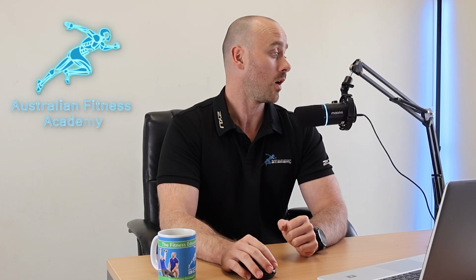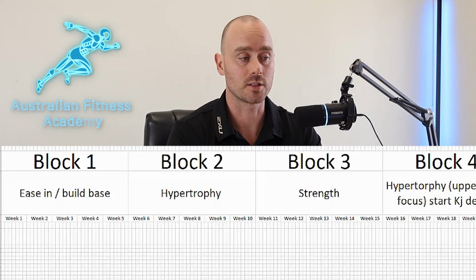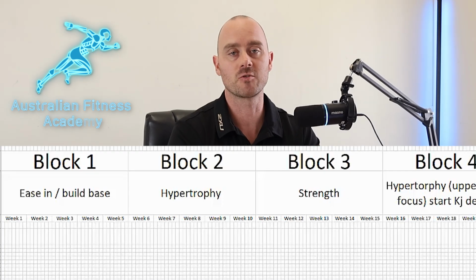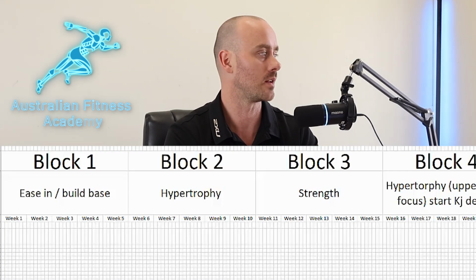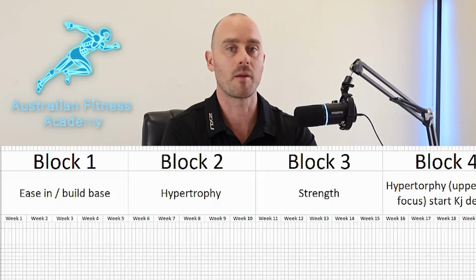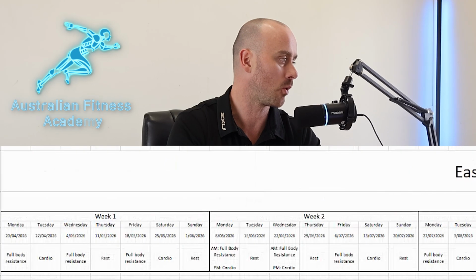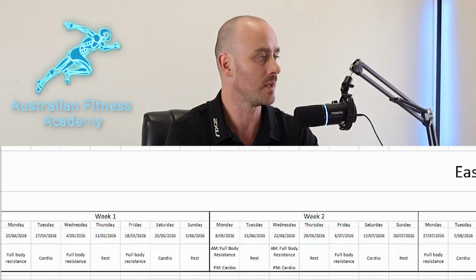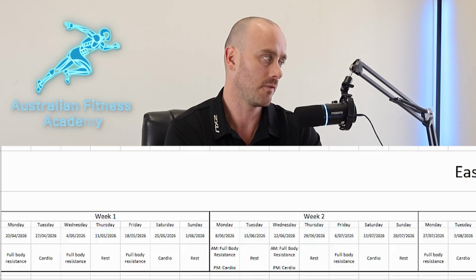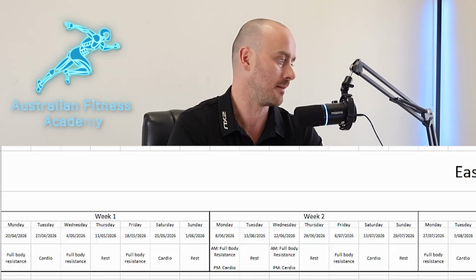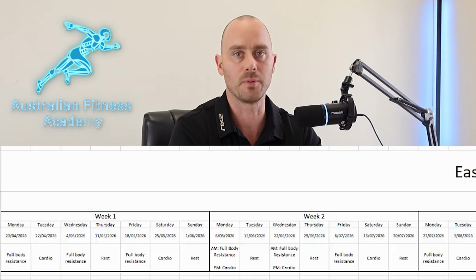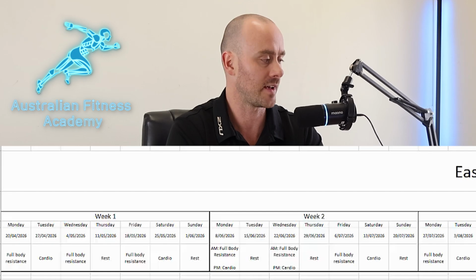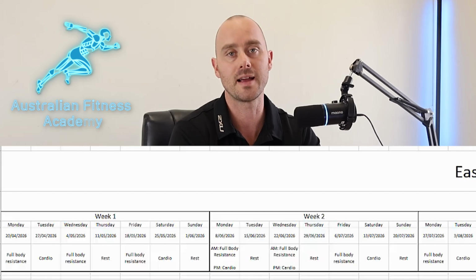But what I want to look at this week and discuss is our weekly structure. So we've got our program structure, and we've talked a little bit about goals, and we'll slowly start to match our program to goals. But the next important phase is that we're going to zoom in and look at, for example, block 1, which is the ease in or the build phase, general program phase, just to ease back into a program. And we're just going to look at this on a weekly basis.